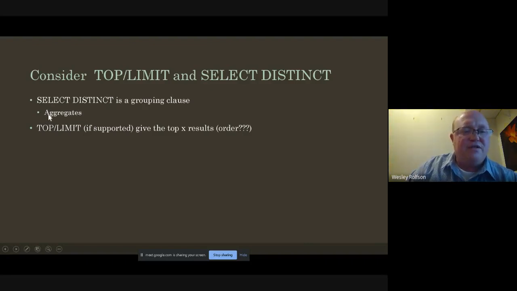So if you have a bunch of names in a list that's really long, and you just want to know the names that do exist, and you want to collect some data about them in general, you could tell the SQL server, I want it to SELECT DISTINCT to create all of the unique values for a given query. So everything I put after that is going to produce a singular. If it has multiples of a value, it's just going to show you one of them, and then it's going to handle